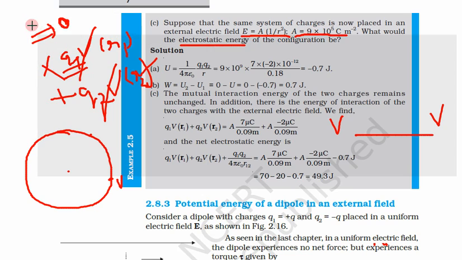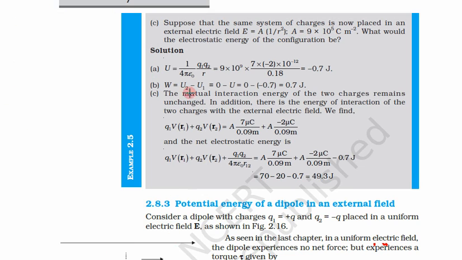So only the third term is remaining, and the third term is the potential energy, 1 upon 4 pi epsilon naught, q1 q2 upon r, where the distance between them is r. You know 1 upon 4 pi epsilon naught is 9 into 10 to power 9. First is 7 microcoulomb, so micro is 10 to power minus 6. Another one is minus 2, again with minus 6, so this becomes minus 12.